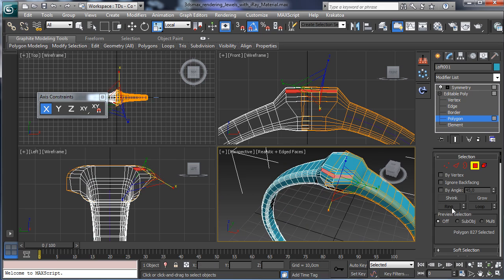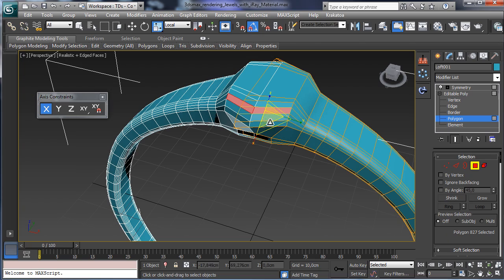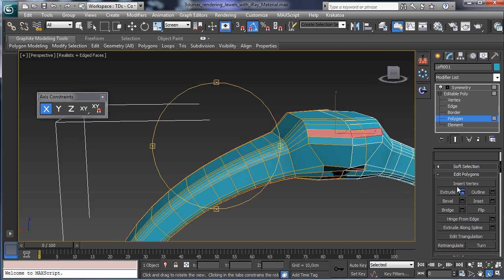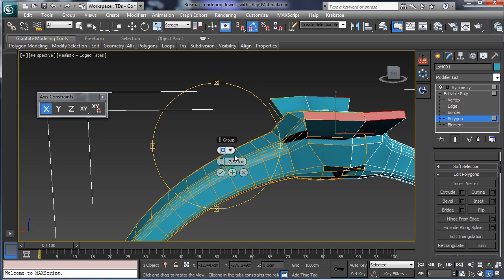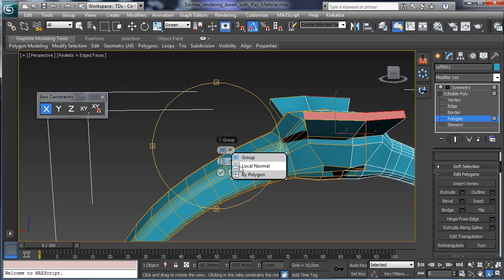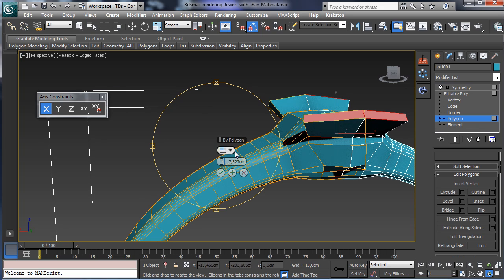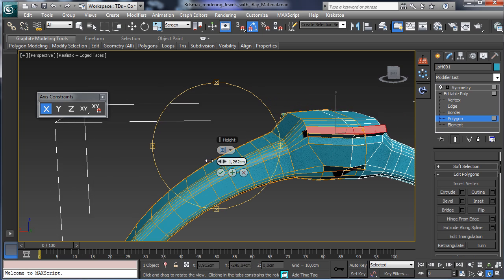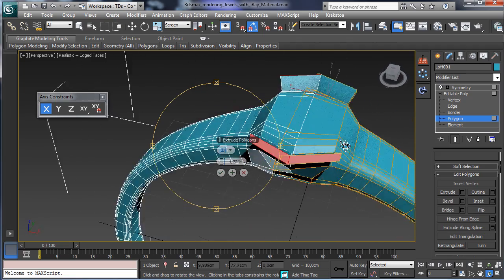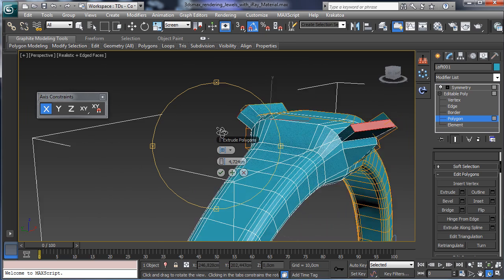Then let's see if we use, for example, this area and this area, and we can extrude it, let's see by polygon or by group, just to see which will be the best way. Okay, let's try to do less. Okay,